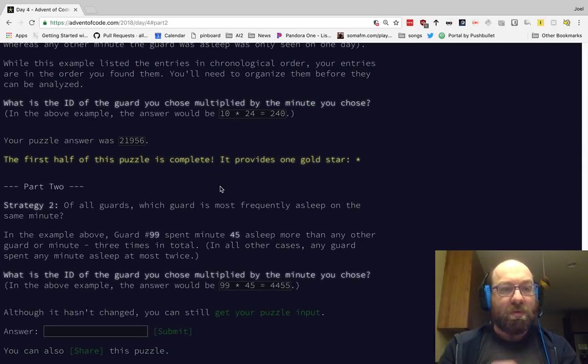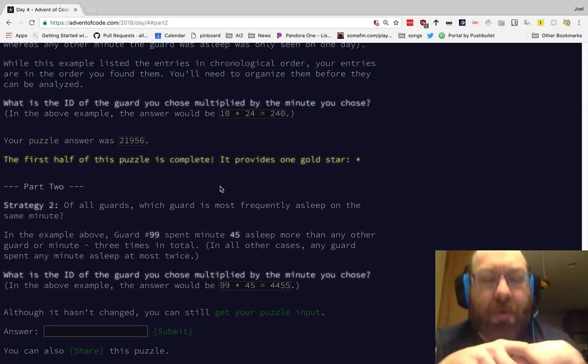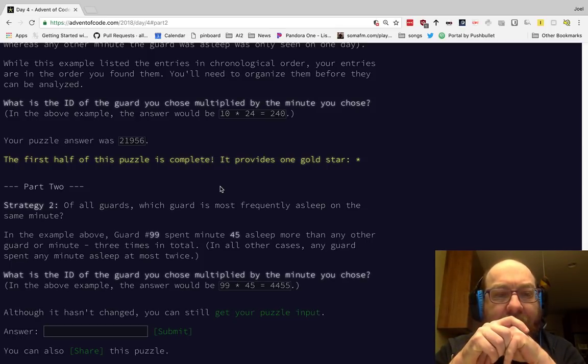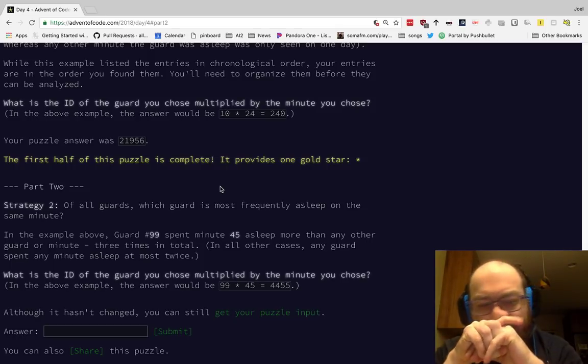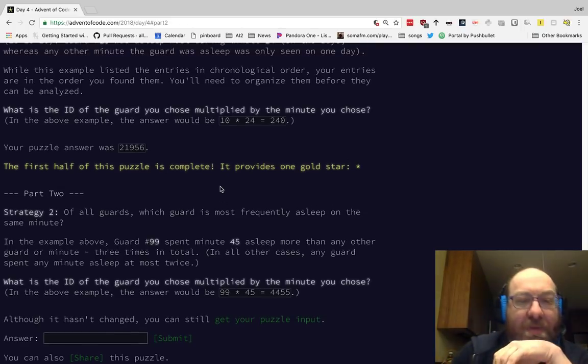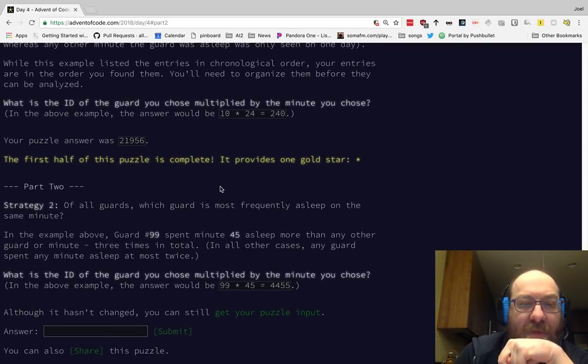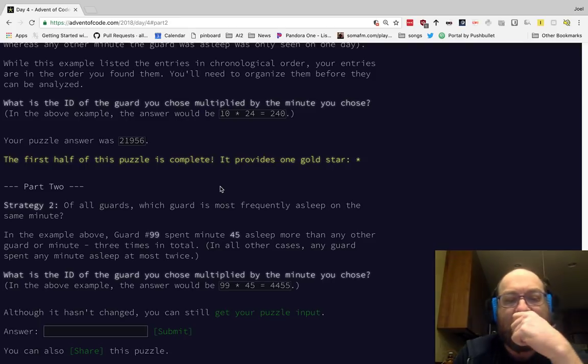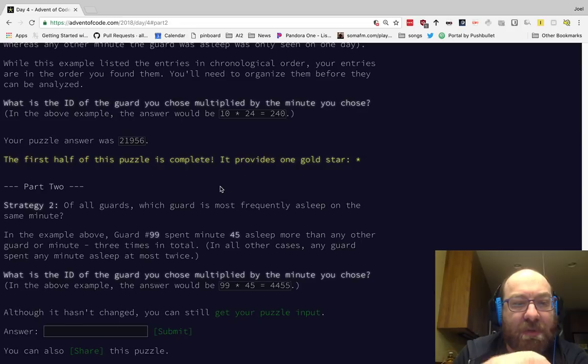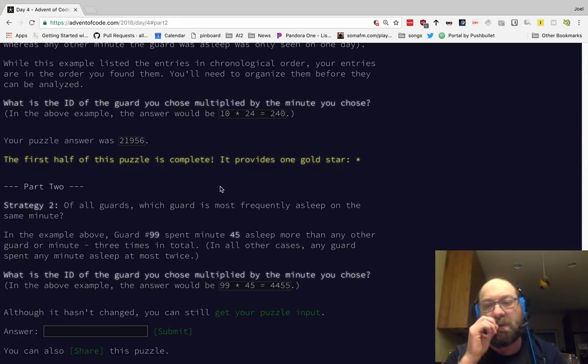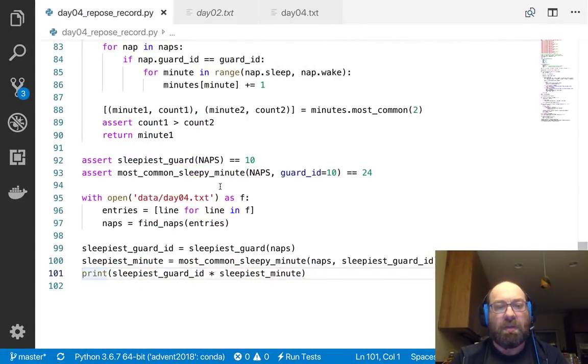Strategy 2. Of all guards, which guard is most frequently asleep on the same minute? Example above, guard 99 spent minute 45 asleep more than any other guard or minute, 3 times in total. In all other cases, any guard spent any minute asleep at most twice. What is the ID of the guard? Which guard is most frequently asleep on the same minute? So I think what they're saying is,